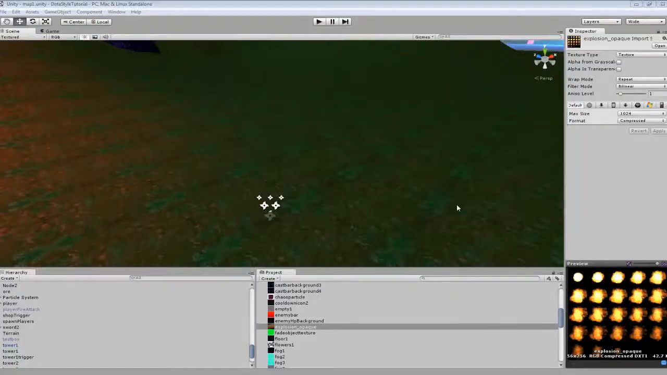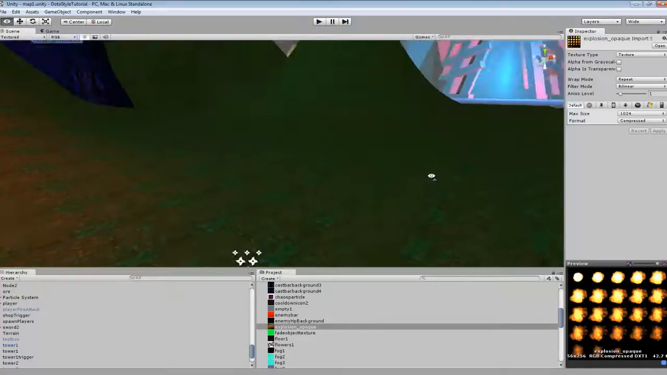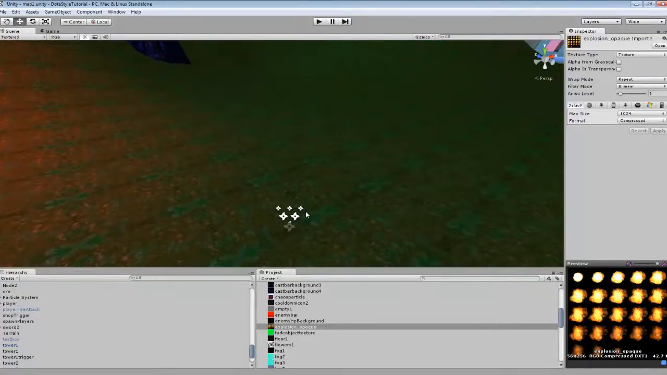Hey guys, welcome to part 4 of the Shuriken Particle System tutorial. And this one will be covering sprite sheets, so if you wanted sprite animations for your particle effects, you can